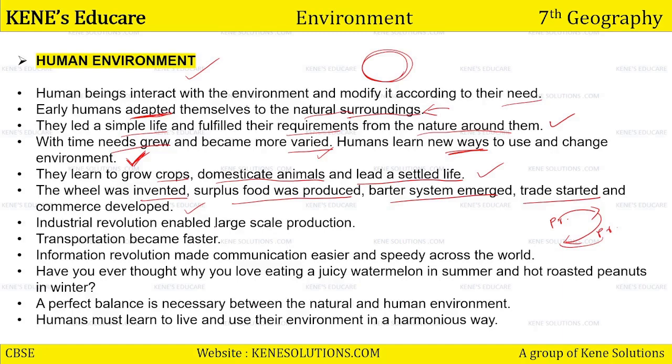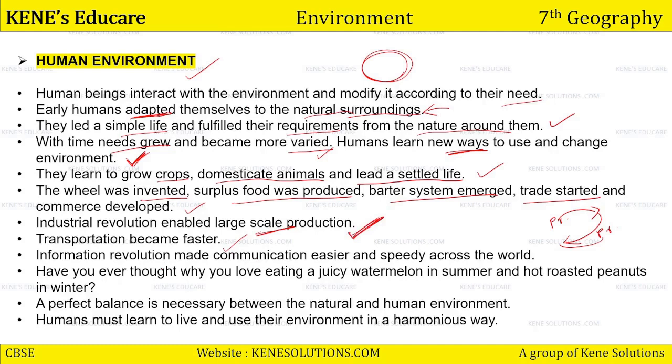Then industrial evolution enabled large scale production. Then industrial evolution came in the world. Industries बनने लगी, large production was done by the machinery and various labor was involved, capital intensive labor were involved. A lot of machines also invented at that point of time. And because of large production, transportation became faster. Trains developed, airplanes developed, and transportation became faster to supply this production to all the parts of the world. Okay? Information revolution also came.